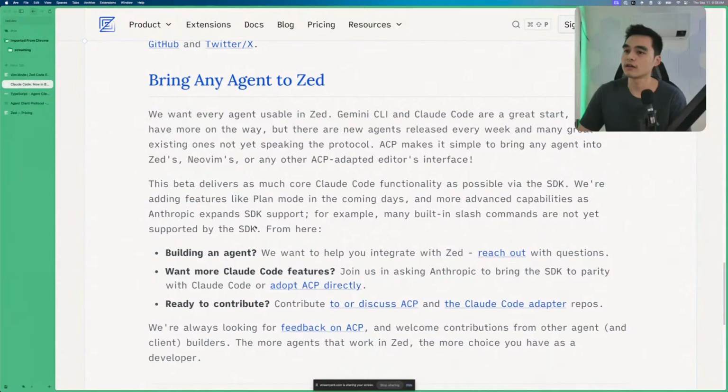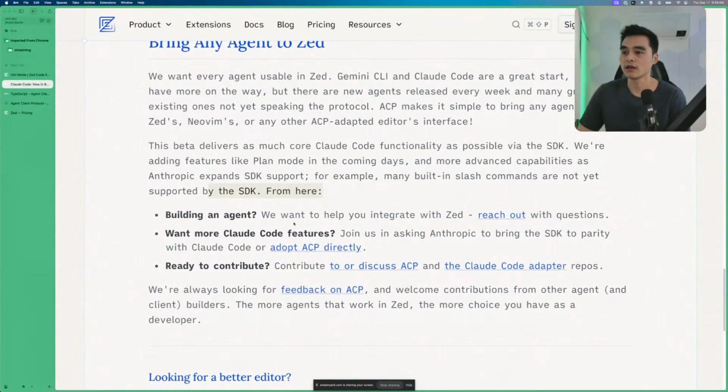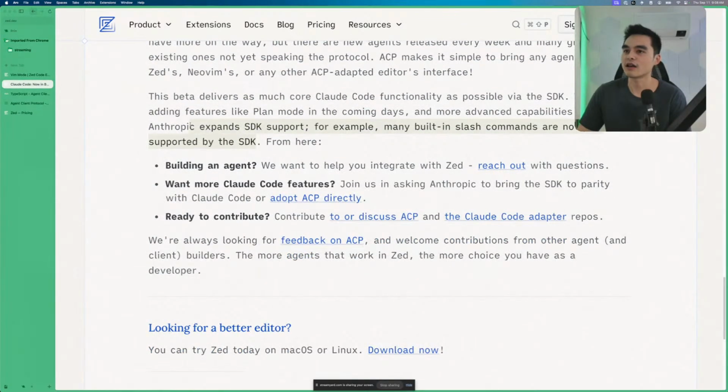Interesting. This beta delivers as much core Claude Code functionality as possible via the SDK. We're adding features like plan mode in the coming days and more advanced capabilities as Anthropic expands SDK support. For example, many built-in / commands are not yet supported by the SDK. It's interesting that they're using SDK because technically you can just use,